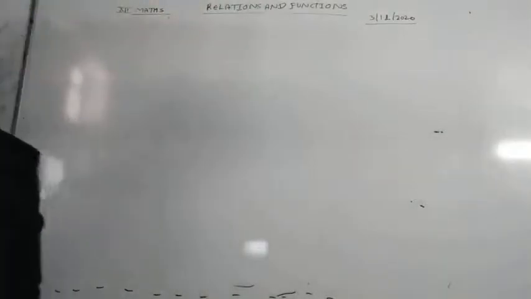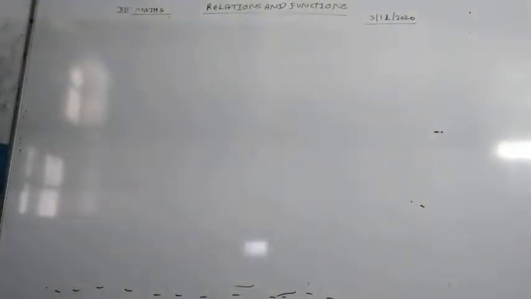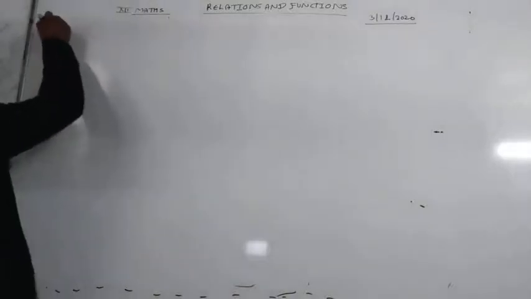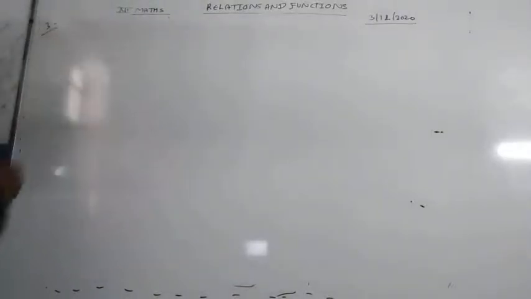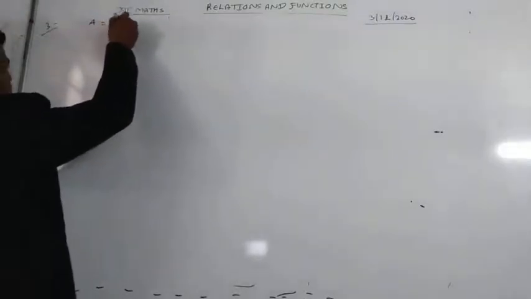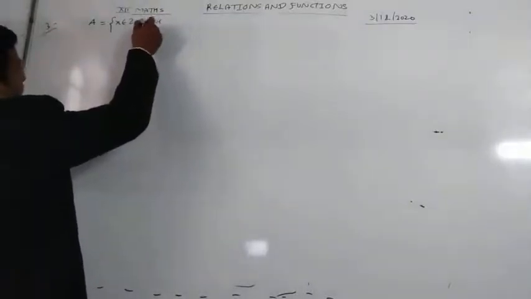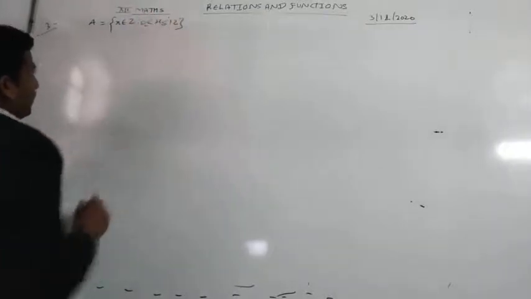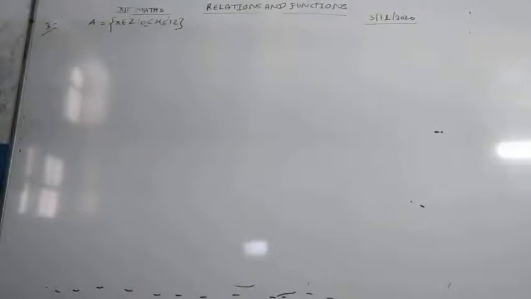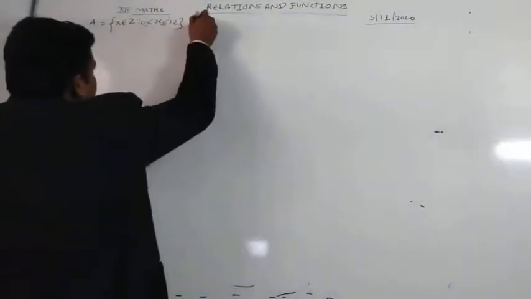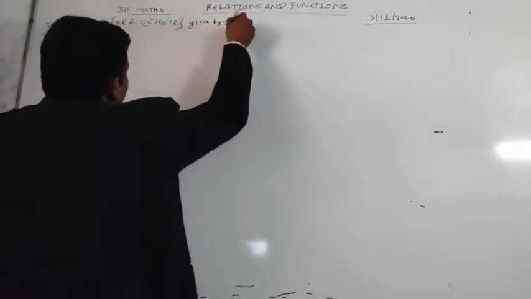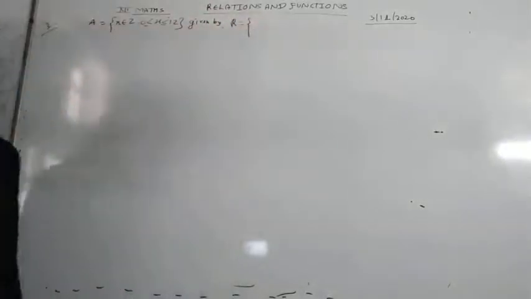Now we will see the next question, students. Our next question is: the relation R on a set A, which is equal to {x belongs to Z such that x is greater than or equal to 0, less than or equal to 12}, is given by R equal to